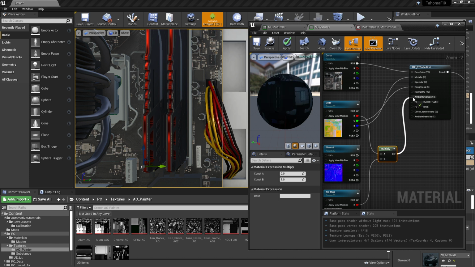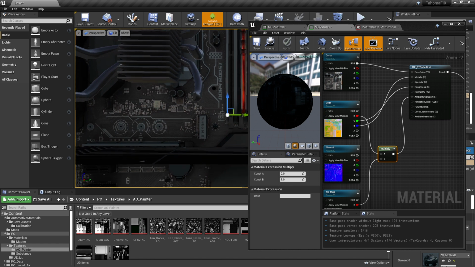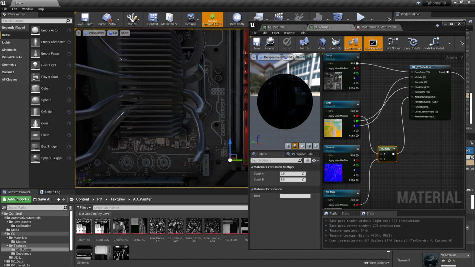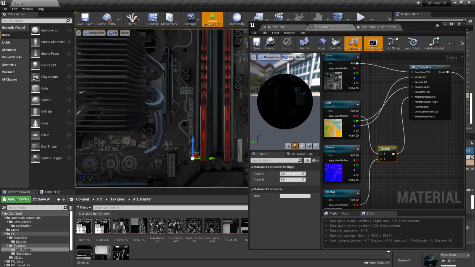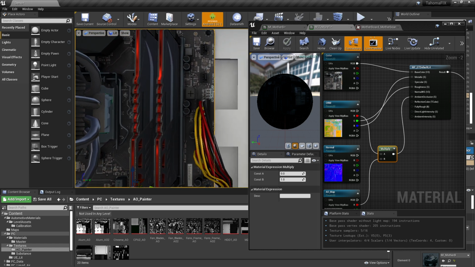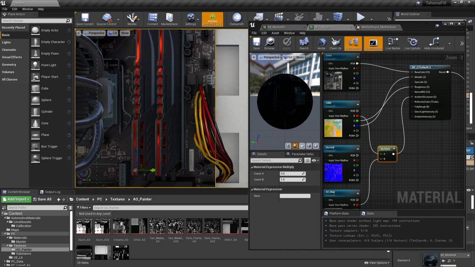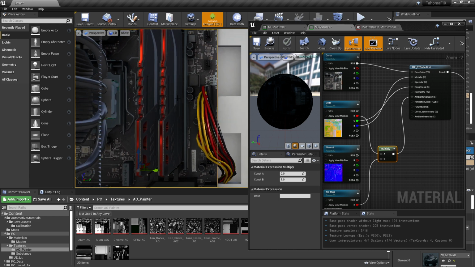Hit apply on that. And you can see as it pops in there, the map just starts to look a lot better. You can really get a sense of that kind of reflection crawling across there, and it just looks a lot better than it did. And obviously you can see the combination of those two ambient occlusion maps multiplied together to give me that end result, which is exactly what we want.